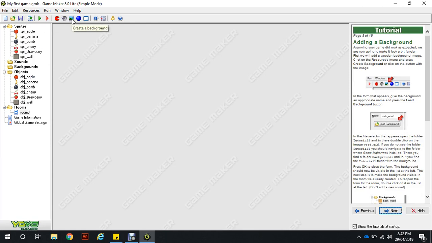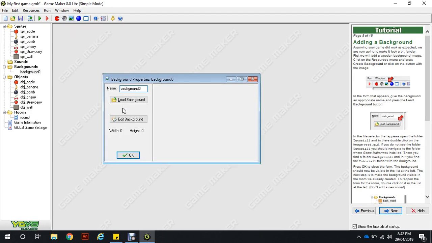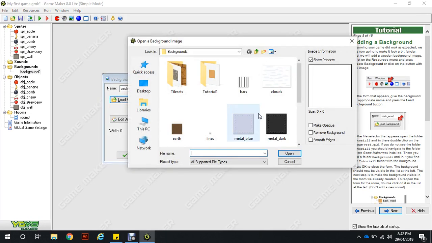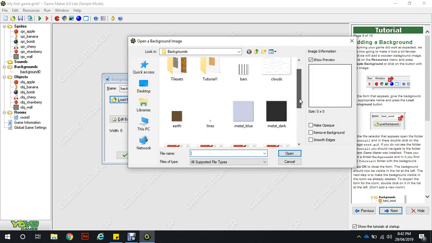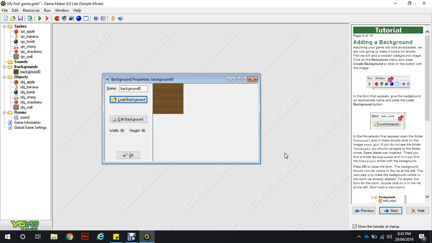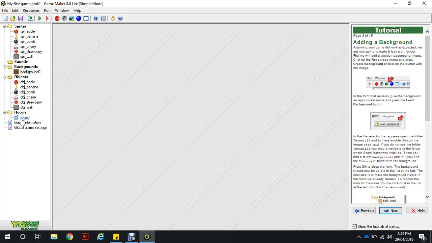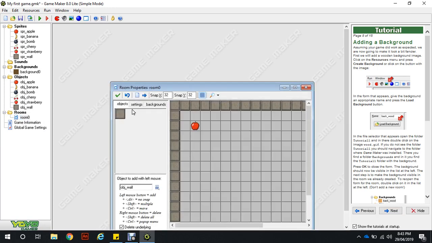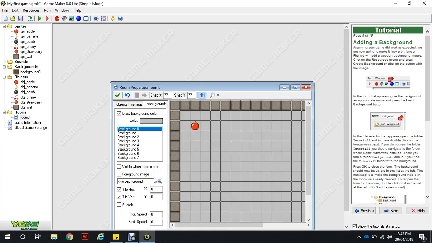Our background is this one here, create a background. Choose our background. Now it gives us one that we can use, being the wood. So I'm going to choose that. You've got different options there. You can also use pictures as backgrounds and things like that, but we'll get into that later. So we just go OK, and then in our room again, we can choose to add a background